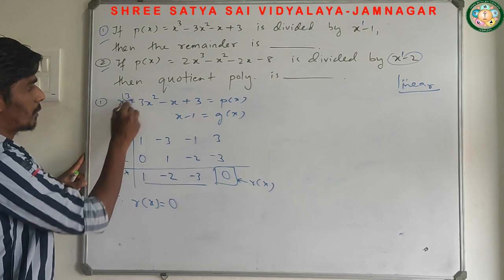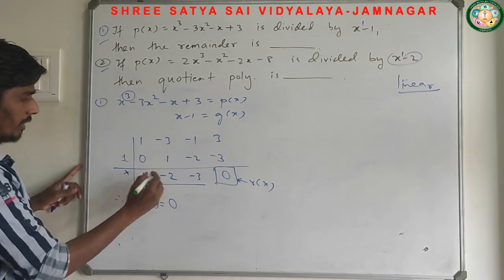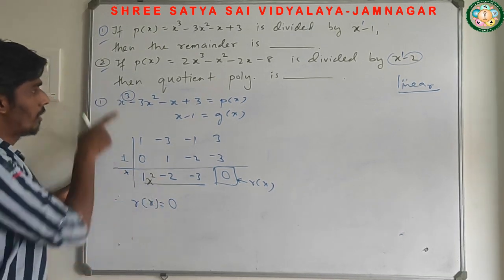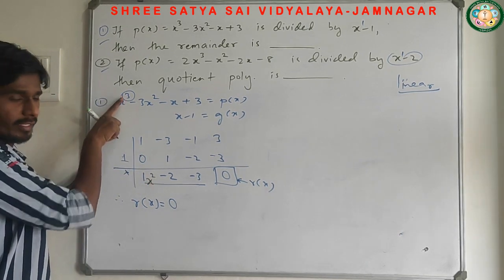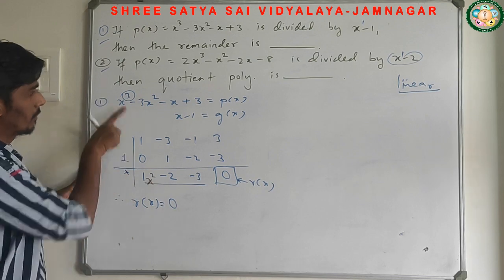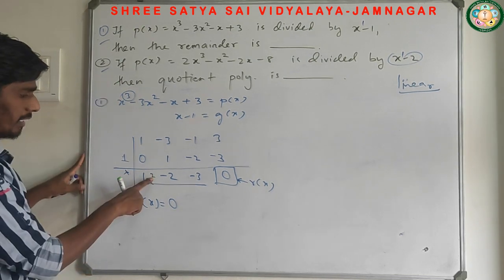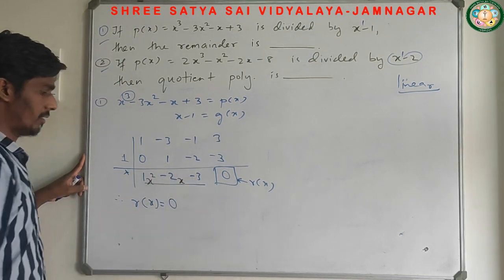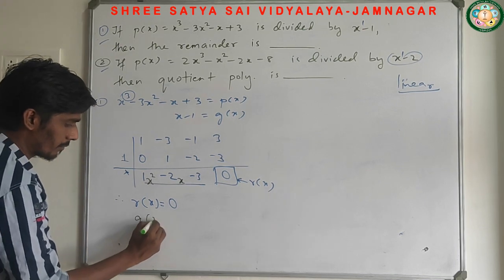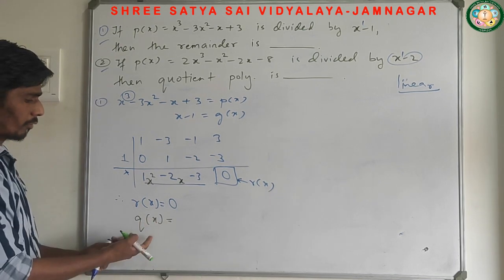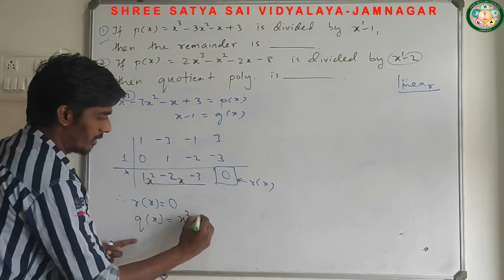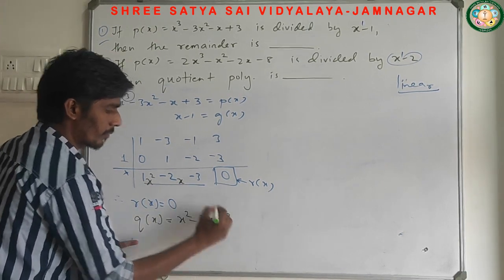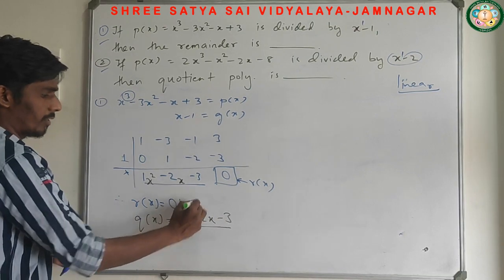From this, we can write the quotient also. Here the question starts with which power? 3. So here I start with power 2. I have to reduce one power. If here it is 4, I have to take here 3. If here it is 5, I have to take here 4. As here it's 3, I have to take here 2, then 1 and 0. So the quotient also I'll get. It's not part of the answer. Then you can write 1x square as only x square minus 2x minus 3. So this is the quotient and this is the remainder.